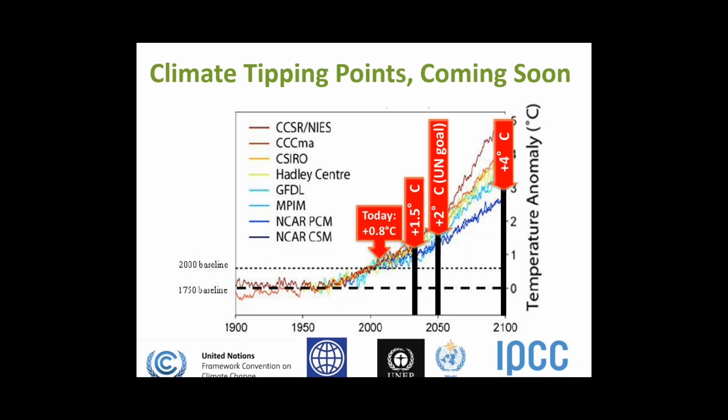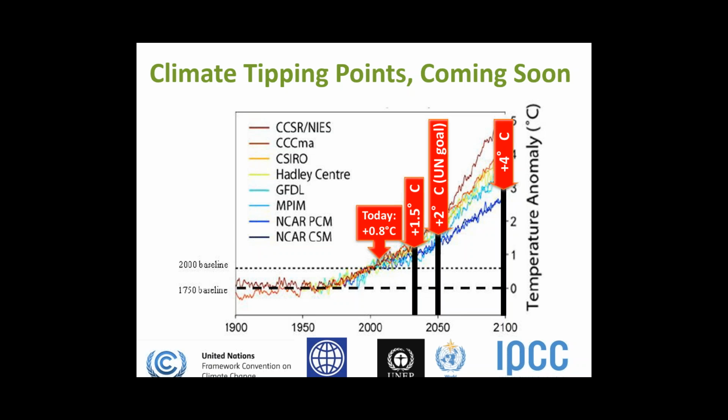You can see I pointed out this 2 degrees Celsius as the UN goal, because in fact that's the entire subject of the United Nations treaty negotiations. The entire intended target is to stay below this 2 degrees Celsius tipping point, to keep temperatures below that. And if you've been following the news, you may have heard about the conference of parties, as it's called. It's about to happen in Paris next month. So there's something like 20,000 delegates from 190 different countries traveling to Paris to figure out solutions to keep the global mean temperature underneath this 2 degrees Celsius tipping point.